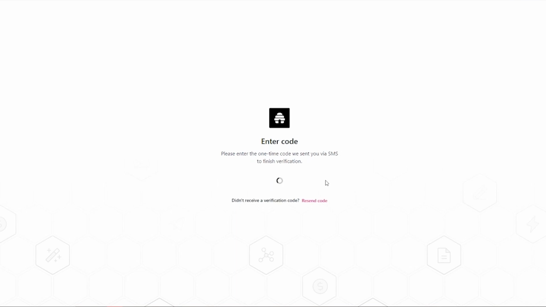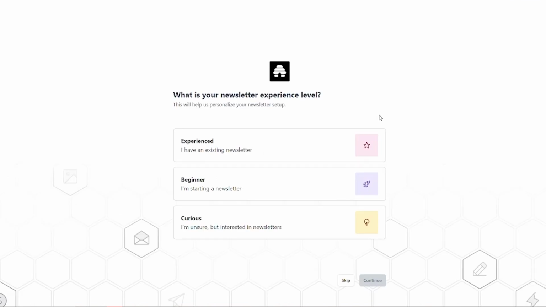Now, once you have added your verification code, it's going to load you in. So simply wait for it to bring you to the onboarding. And here it says, what is your newsletter experience level? This will basically help you. So what we're going to do is over here, it's going to ask you